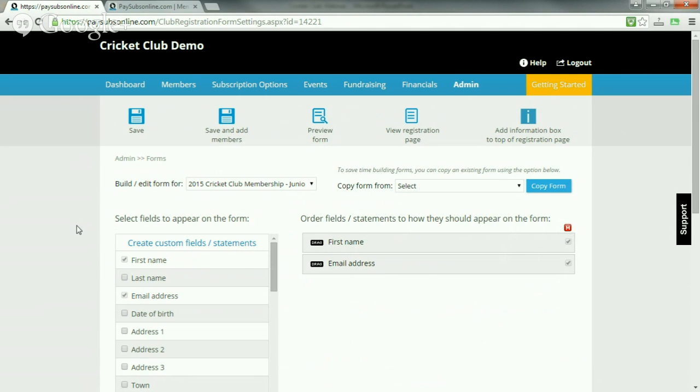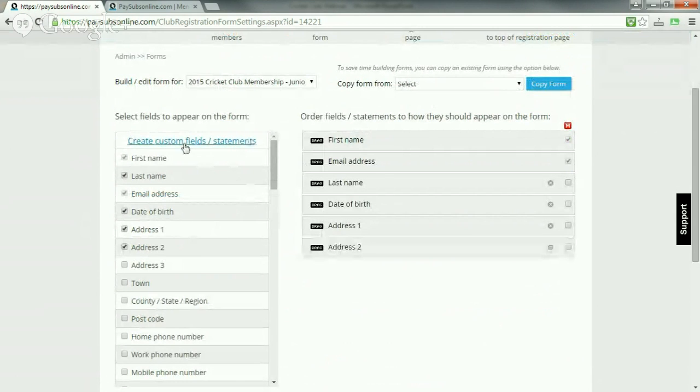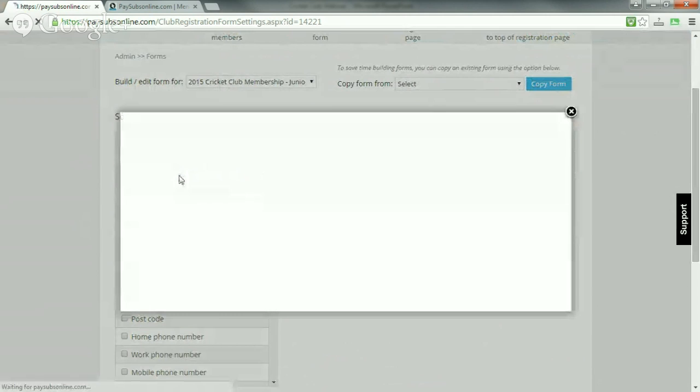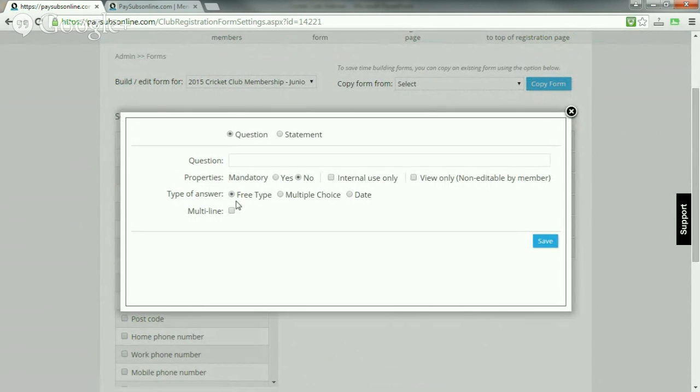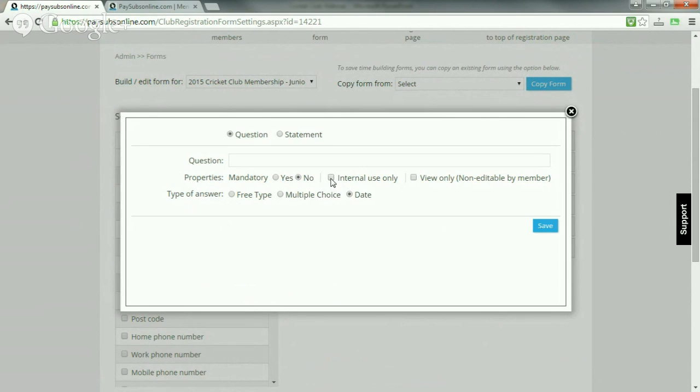I can just come down and select some preset fields. If I want to create some custom fields, I can just click this link here and I can make fields free type answering. I can make things multiple choice. I can make it date related, for internal use only, for view only, so they can see information but they can't edit it.